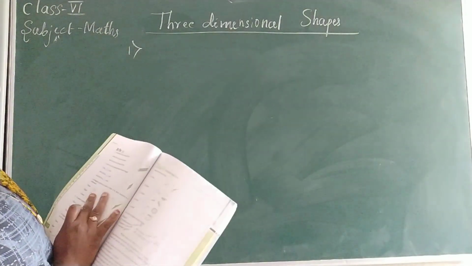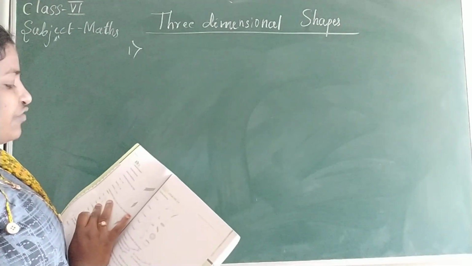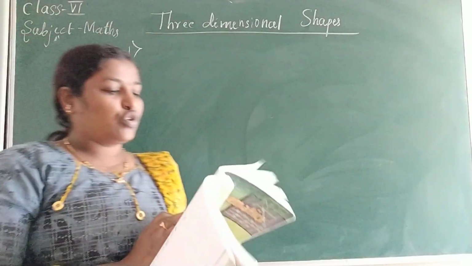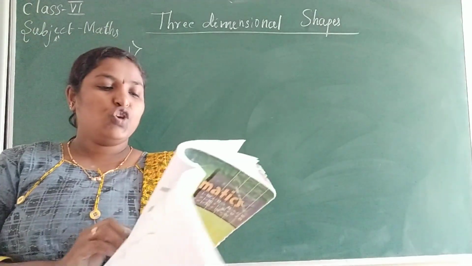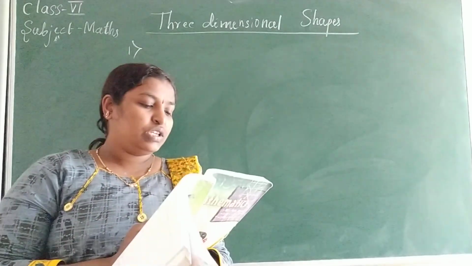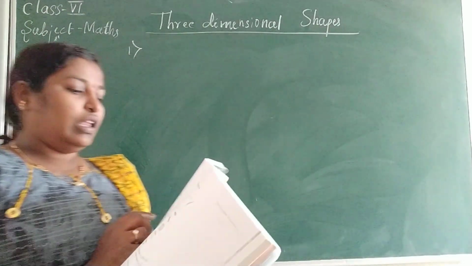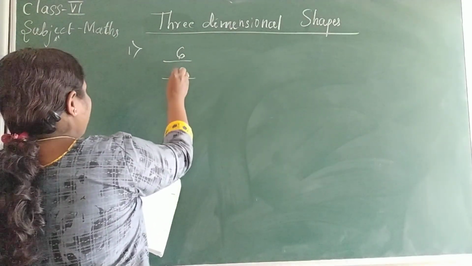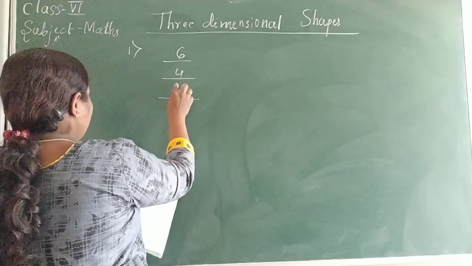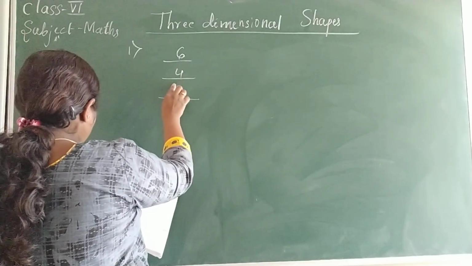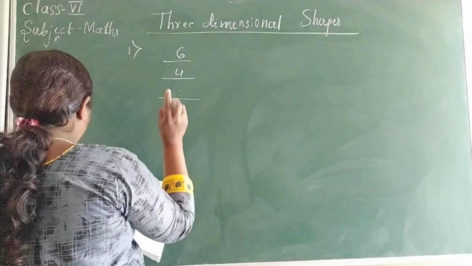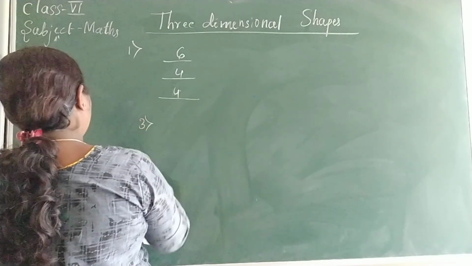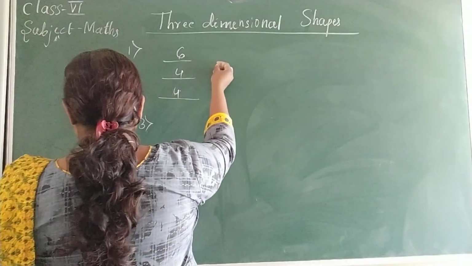A cuboid looks like a rectangular box. It has 6 faces. Each face has 4 edges. Each face has 4 corners called vertices. A cube is a cuboid whose edges are all of equal length. The first line is 6 faces, then 4 edges, then 12. How many does each face have? How many vertices? Each face has 4 vertices. Then the third one. After this you write it.